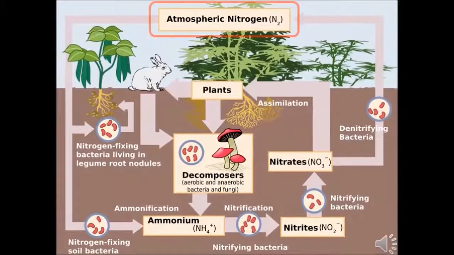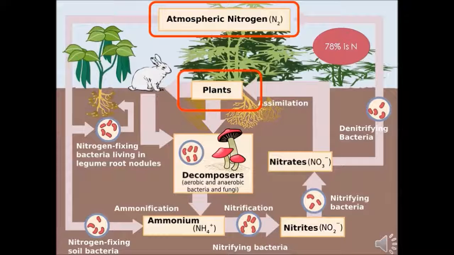Nitrogen exists in our atmosphere naturally. As I mentioned before, 78% of our atmosphere is made up of nitrogen. As rain or snow falls to the ground, it brings the nitrogen element from the air down into the soil. When the nitrogen is in the soil, it will find a way to the roots of the plants.